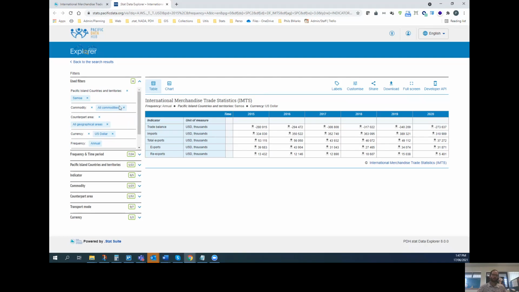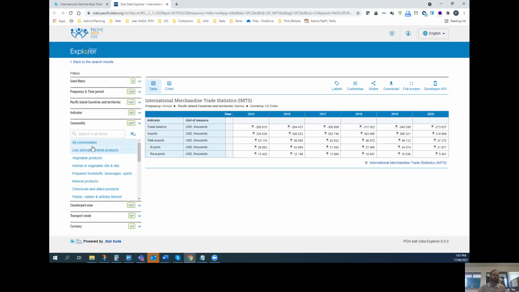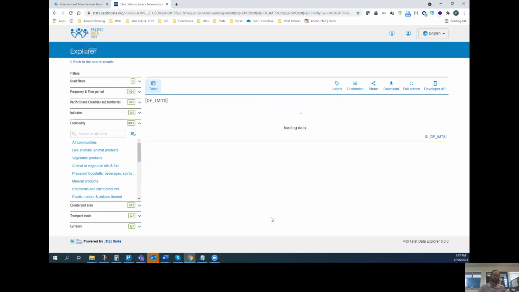And there's a few other filters that haven't been selected that I can also add to this. So here we're looking at in US dollars, trade balance, imports, exports, as well as total exports, including exports and re-exports. We can also go and have a look at all commodities. So that was summarized for all commodities. We can have a breakdown by commodity,